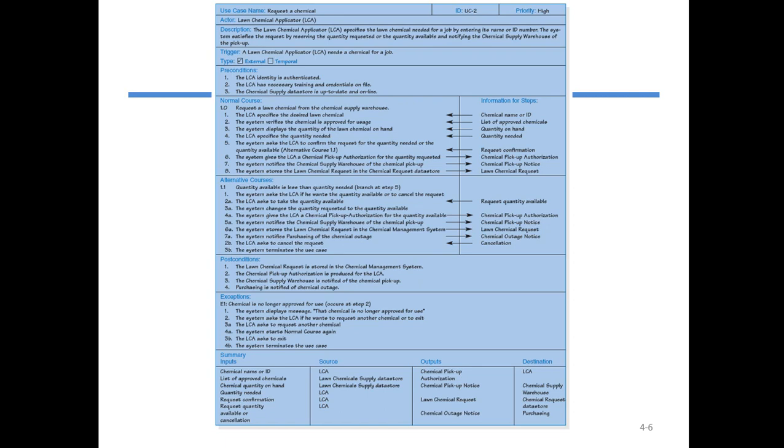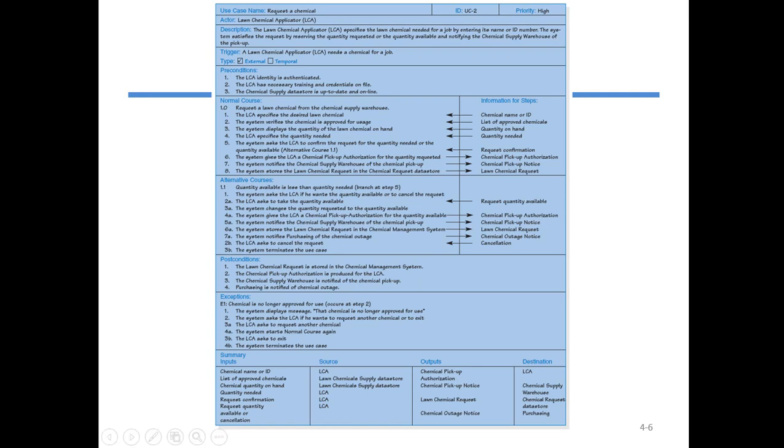Then post conditions: after the successful execution of the use case, what will be the post condition that needs to be applied after the successful completion of the request.